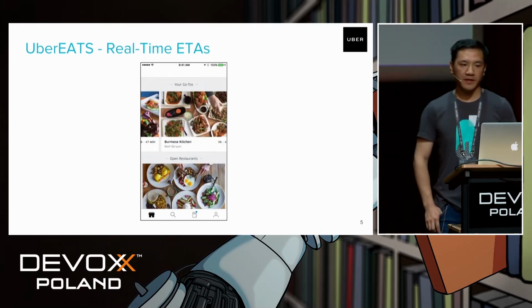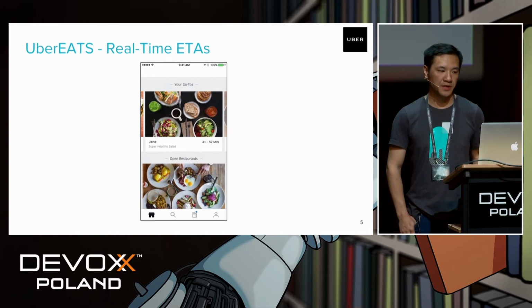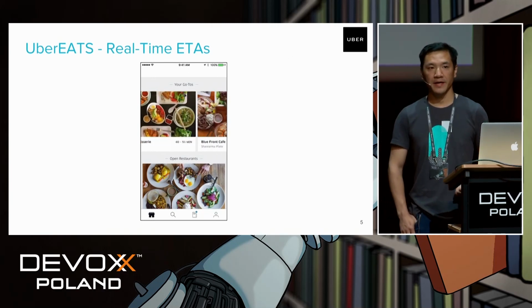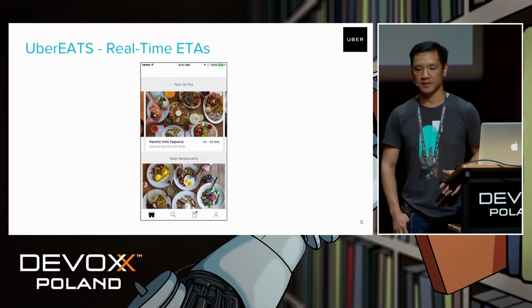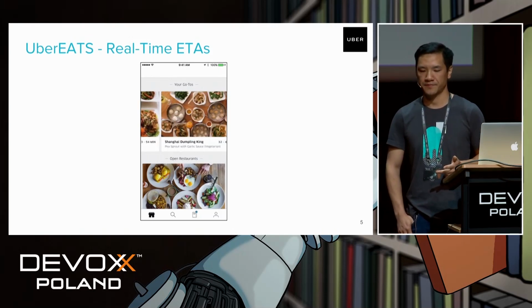Compared to the rider-driver matching, providing real-time ETAs for Uber Eats is even harder because it involves three parties: restaurants, eaters, and couriers.